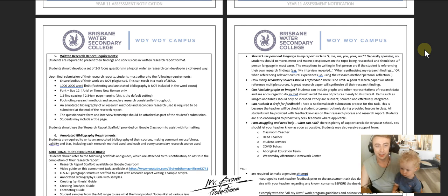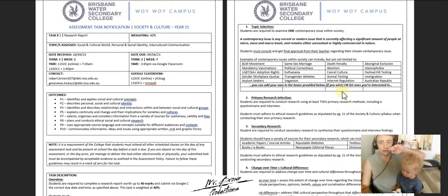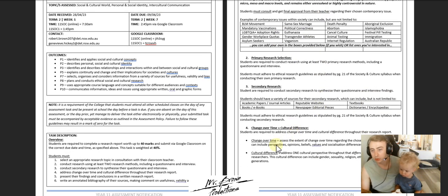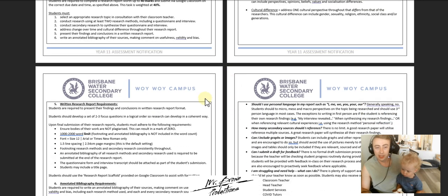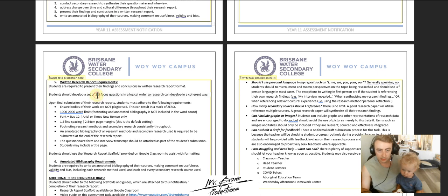Anyway, with your written research report requirements, you have to present it in a written format. To help you do this, once you've narrowed down your topic, and once you've got your change over time and cultural difference components sorted, that should narrow it down a bit for you. What you want to do then is develop 2 or 3 focus questions. You might have more as well, nothing wrong with that. But you should have about 2 or 3 focus questions in a logical order before you write your report,